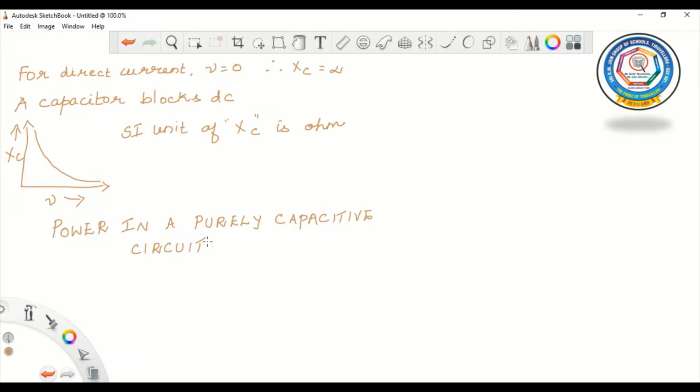What is the instantaneous power supplied to the capacitor? So we'll start with this. Instantaneous power supplied to the capacitor is